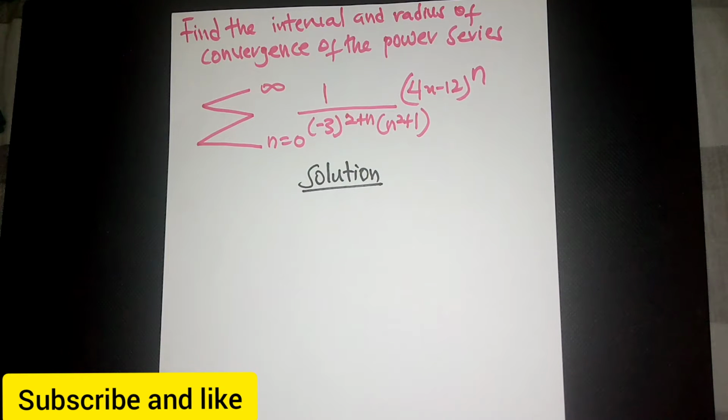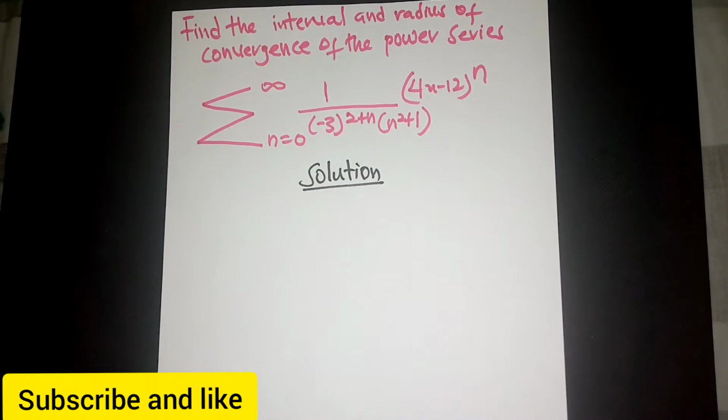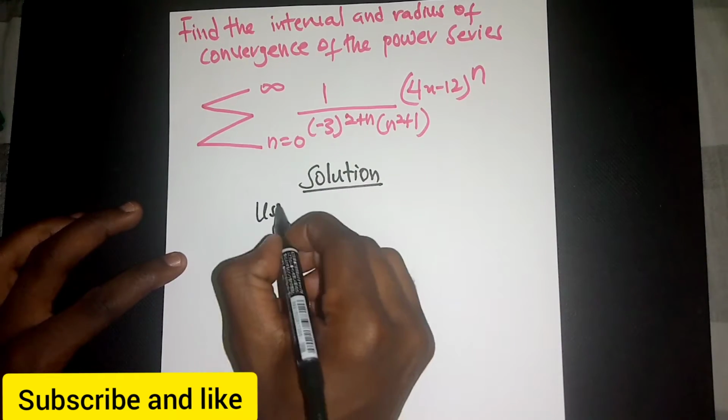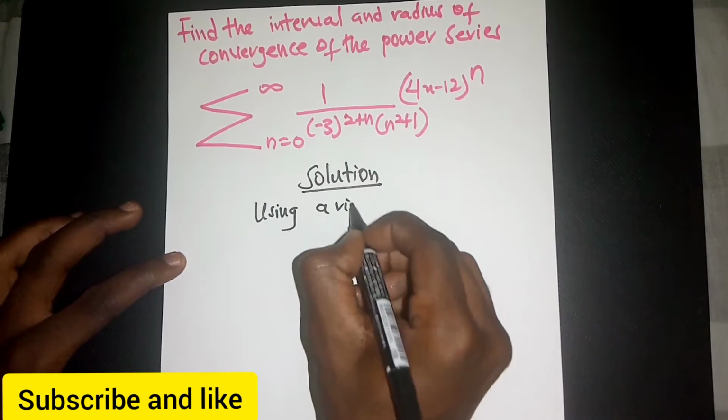first you must find the limit. In that sense, what you are going to apply here is the ratio test. So you are going to apply a ratio test to check the convergence of the series, to check whether the series is converging or diverging. So we are going to start with a ratio test, using a ratio test,